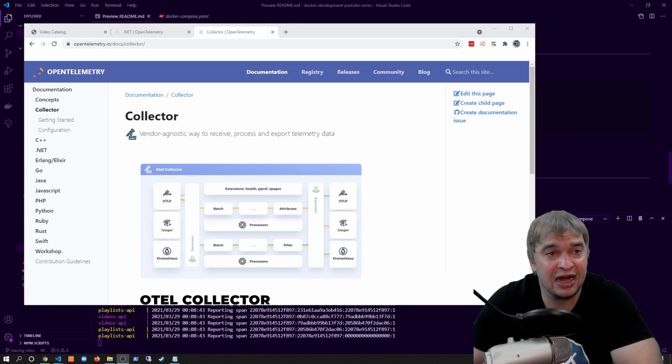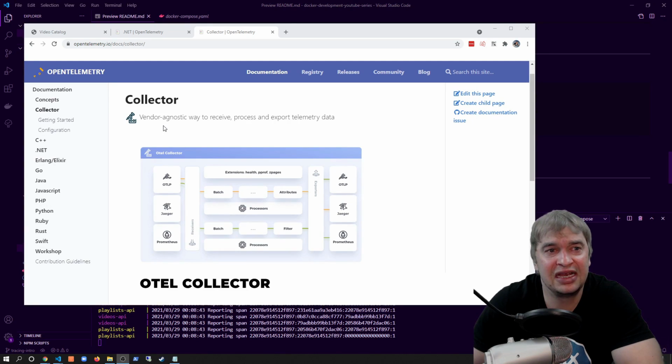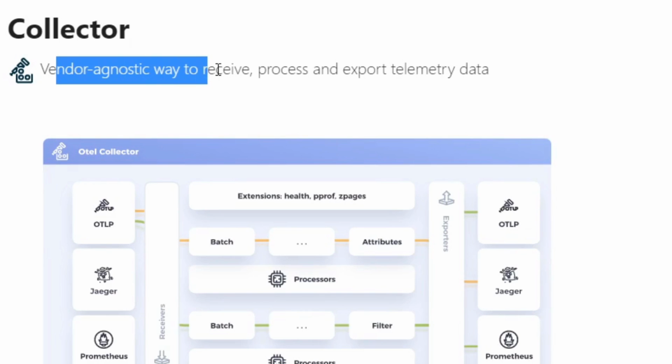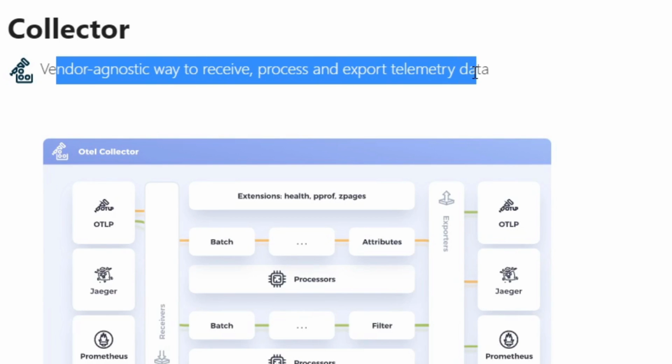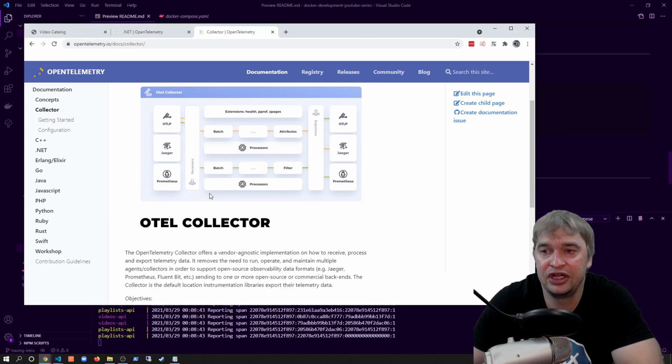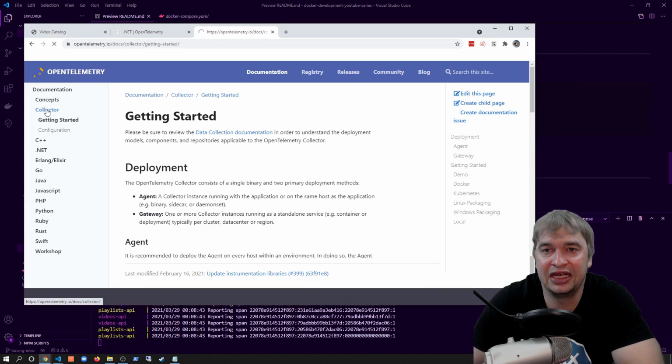Now let's talk a bit about collection. Once we've instrumented our application and we're producing traces, we have to send them somewhere. That somewhere is a collector. The collector can be deployed in multiple ways. It contains a vendor-agnostic way to receive, process, and export telemetry data, and it has some very good documentation. If we take a look at the getting started section,